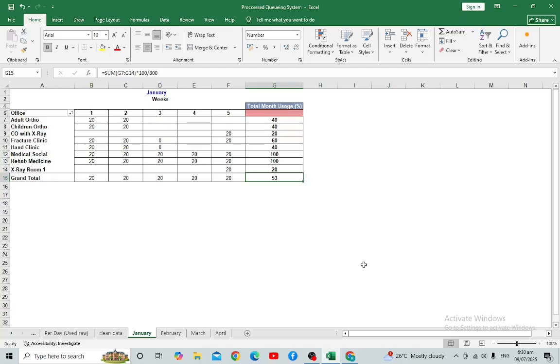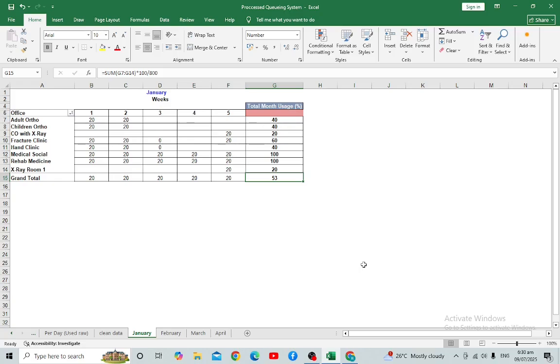I would like to share with you our simple process queuing system done in Excel. As you can see on the screen, it shows the usability of the queuing system for every clinic.